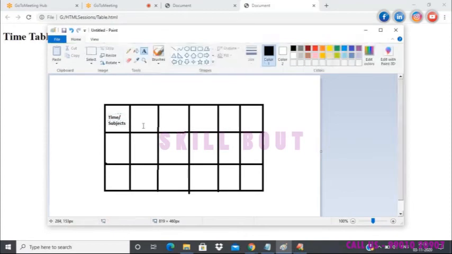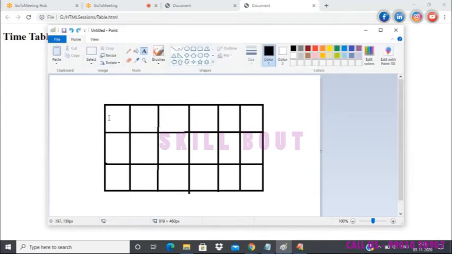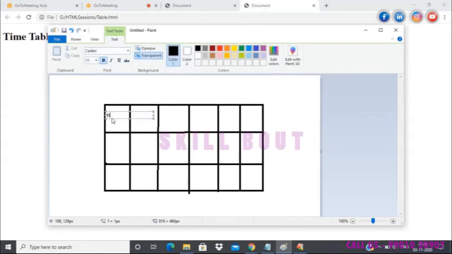Okay, so here, not time and subjects, it should be time, then days. Okay, time and days. Now the days here, the content days, refer to the days in a week and the time as per which the subjects have to be added into the table.